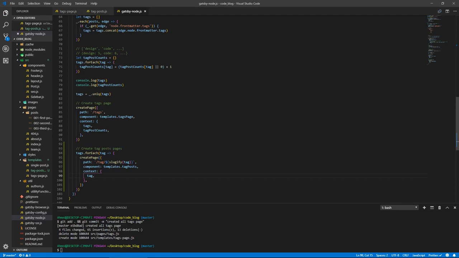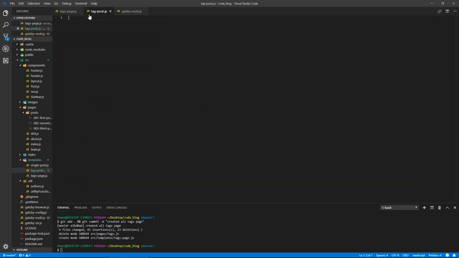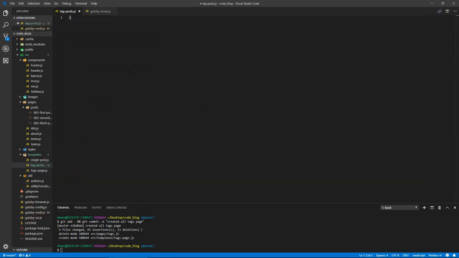And let's save this and go to the file we just created. Let's bring in React, import React from React. Let's do const tagPosts. Don't know why it froze there. And it will take data, because we're going to do a GraphQL query, and pageContext, and it's going to arrow to this. And let's actually write that